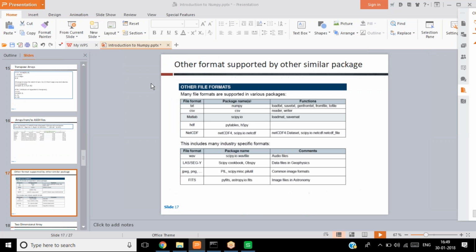This is a common slide I have taken from some other slides. They say other files are supported by Python. We have seen the txt file, which is supported by NumPy, so we can load data into it. CSV module, I think we have seen when we discussed Python. There is a module called scipy.io, input output, which deals with MATLAB files. Then you have SDF files, then netCDF files, and if you want to load an audio file as well, there is scipy.io.wavfile through which you can load data from the file. And if you want to load images, be it PNG or JPEG,